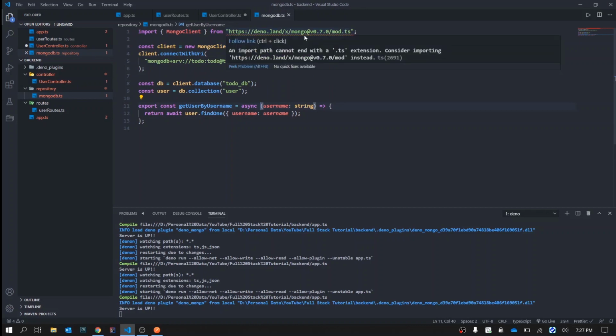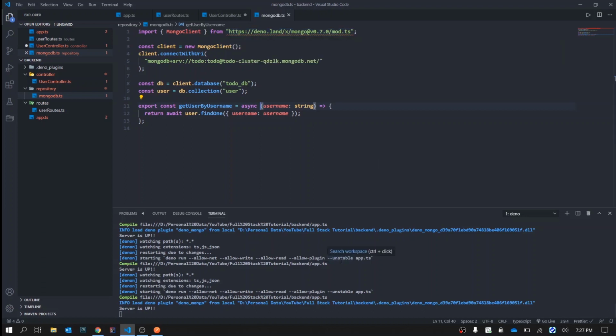With those help, this library connects to Mongo and other things. So that is why that plugin is required. Also, it is still in its infancy and has not matured. It is unstable. That is why we provide the flag unstable, which denotes that what we are running is unstable and expect errors and bugs so that Deno won't show any unexpected behavior.